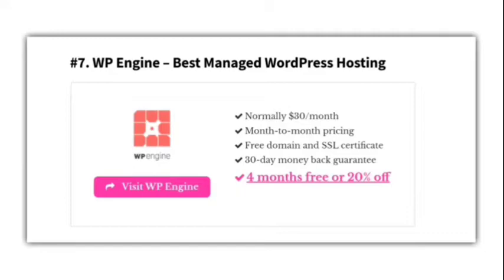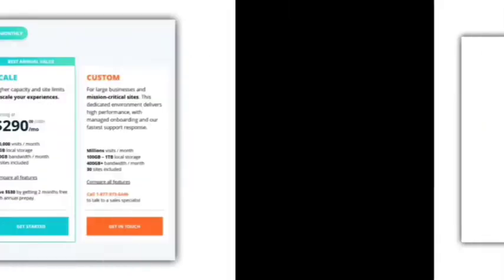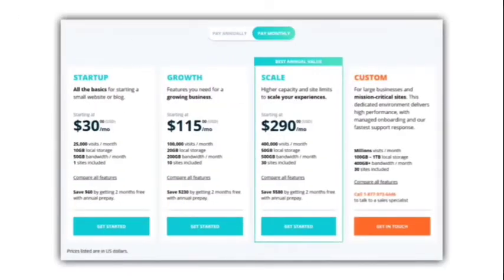When most people think of managed WordPress hosting, they think WP Engine, and for good reason. It provides a truly excellent product. It does come at a price though. A fully managed WordPress host is noticeably more expensive than shared hosting providers. WP Engine's lowest priced plan is $30 per month, and that's only for one 10 GB site with max 25,000 visitors per month. But when you factor in what WP Engine does for that price, it's an incredibly appealing option